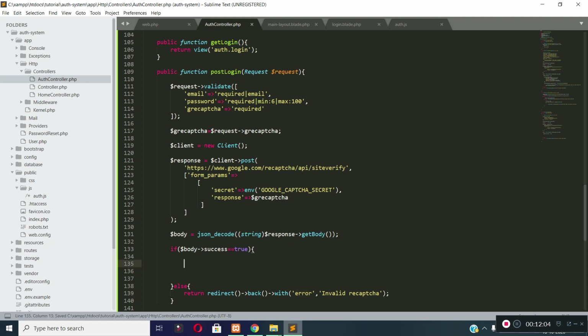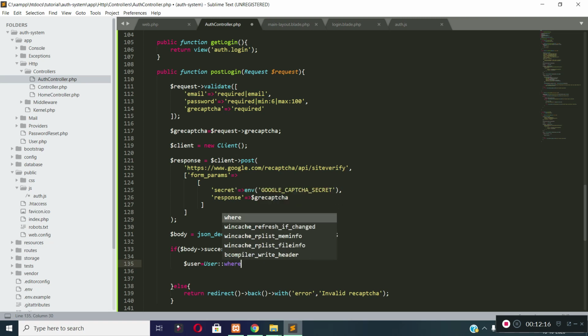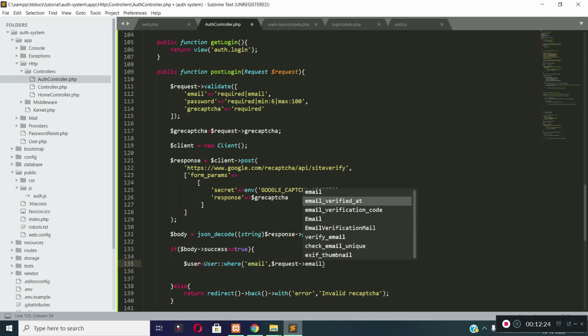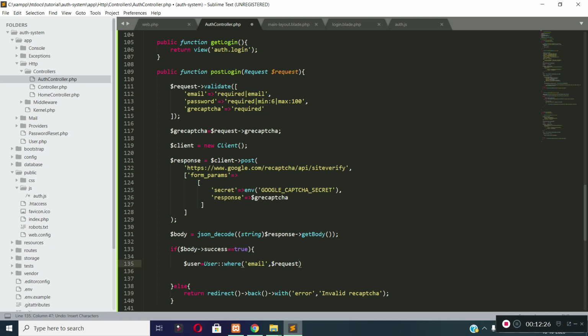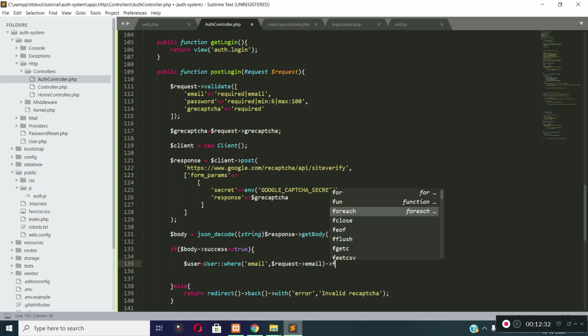Now let's write the logic for our login functionality. First of all, I will check if there is a user in the users table with the email address coming to this request. So I'm checking user where email is equal to request email, and let's grab the first record.